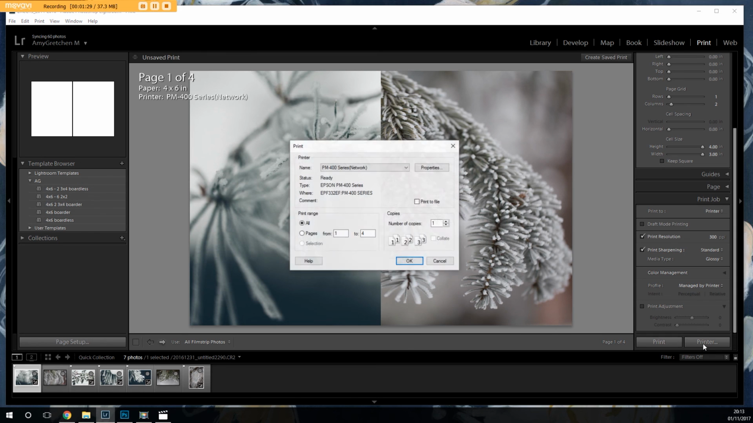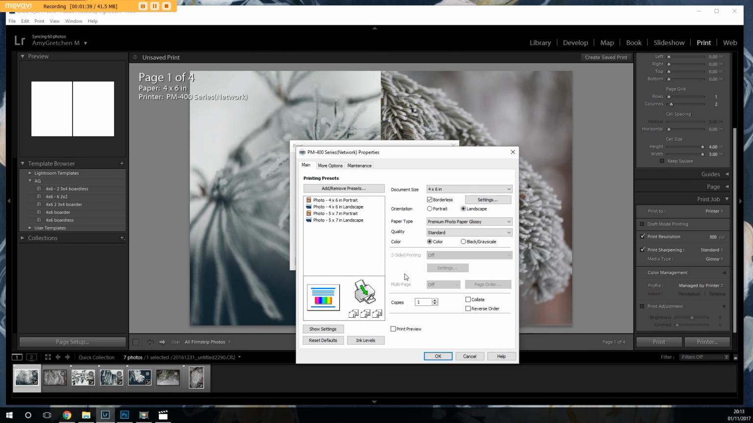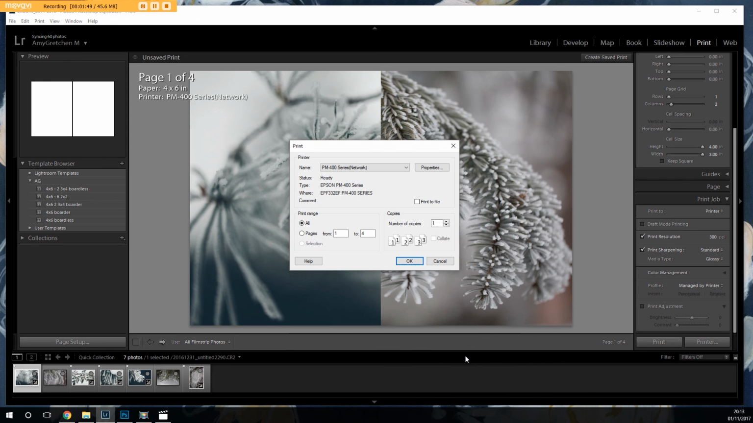If I hit printer, you can see that it's bringing up some options here. Same options that I had with page setup. So it's going to make sure that I'm using the printer that I want, that I'm setting the properties. Right here, I could change border, borderless, whatever. I can change my photo that I'm going to be using and all that stuff. So I can change that if I want. I'm going to hit cancel, and then I would just hit OK, and then it would go ahead and print